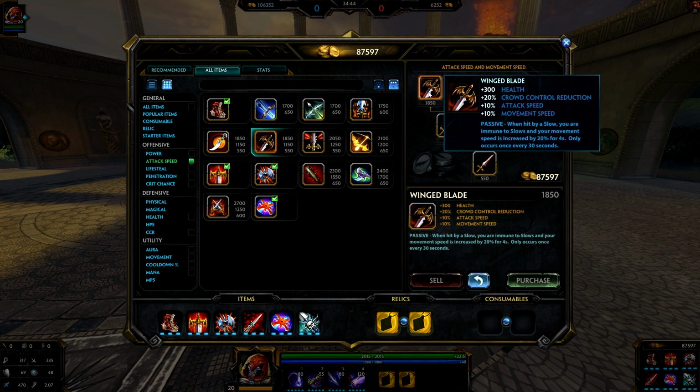Another situational item would be Winged Blade. Let's say the enemy team has a lot of slows and it's really preventing you from getting those kills or getting away, whatever the case may be. If the enemy team has a lot of slows, you can go right into Winged Blade and utilize that passive. If you get slowed, you get a movement speed buff, so you can just zoom on out or zoom on in, whatever you want. And yeah, I have to say that's finally all the items I wanted to talk about